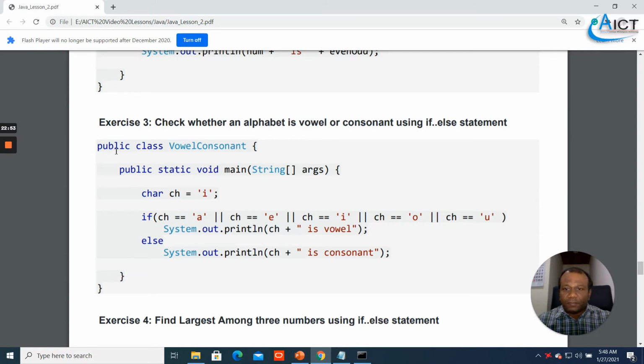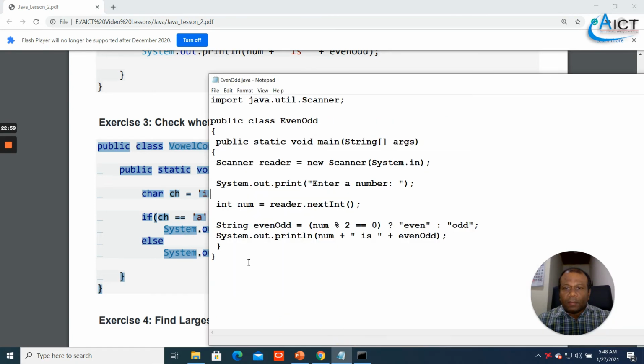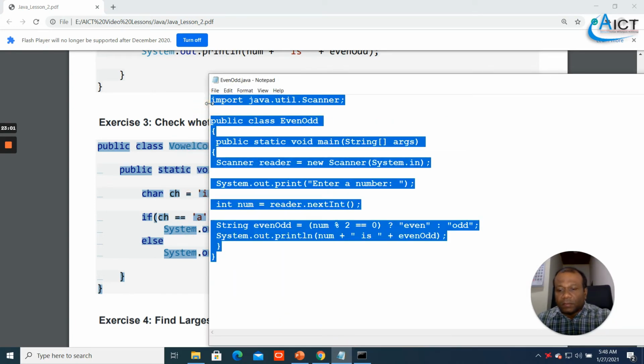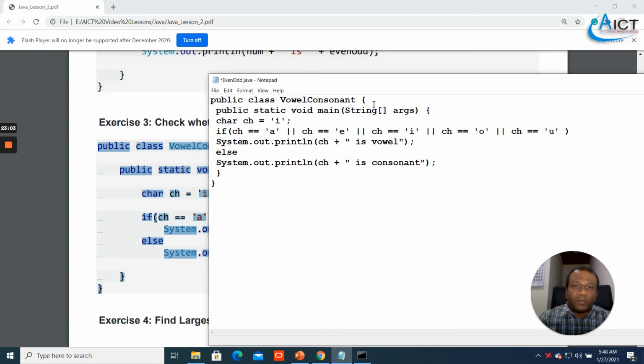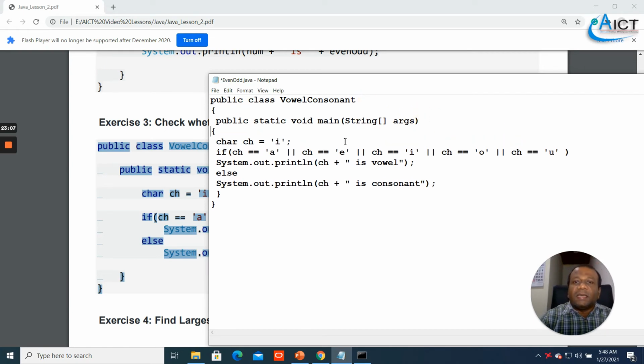Right. So here, we didn't use an input. If you like, you can use an input to take a letter.